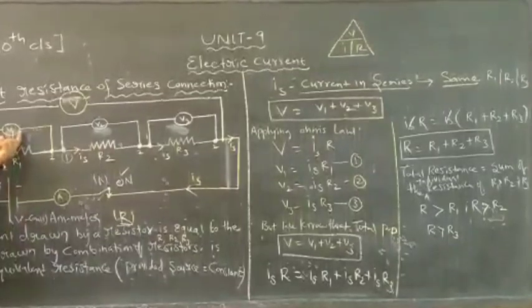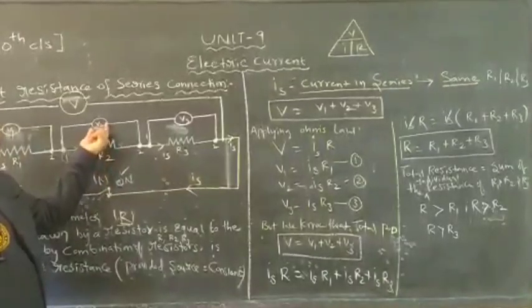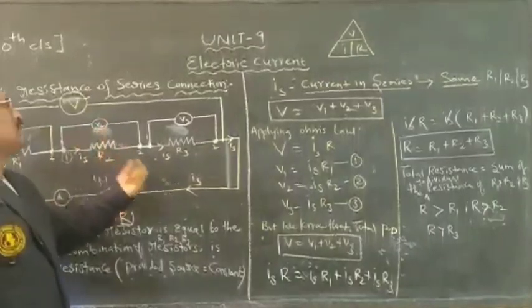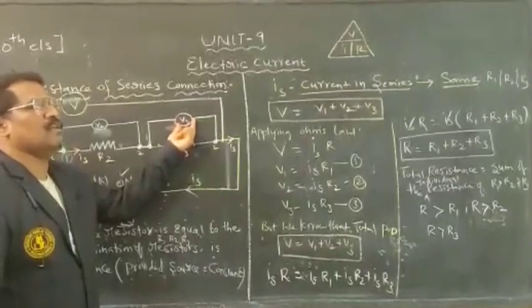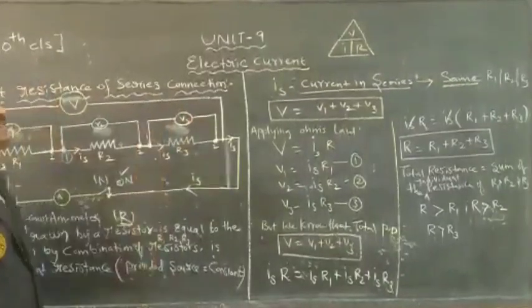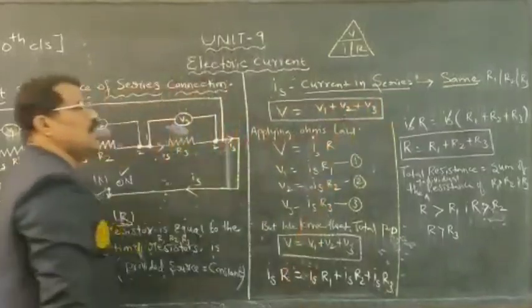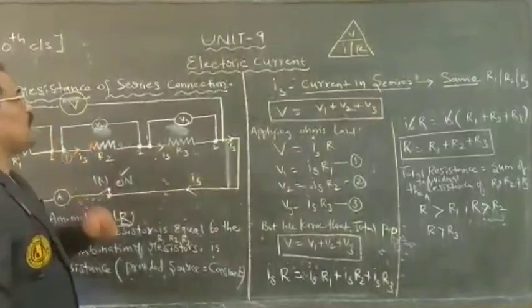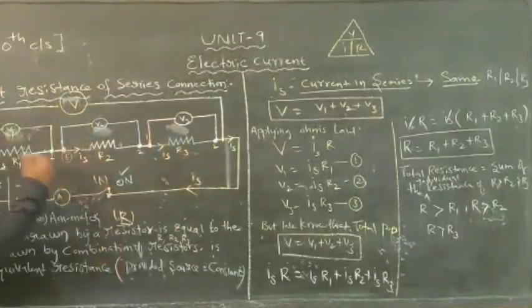That is read out by what? Voltmeter 1. Simultaneously, the resistance wire R2 will produce a voltage, which will be denoted by the V2 voltmeter. The R3 resistance wire, what voltage is it producing? It will be denoted by V3 there itself, as the total voltage is equal to the sum of the individual voltages of resistance wire R1, resistance wire R2, resistance wire R3, that we are connecting up.